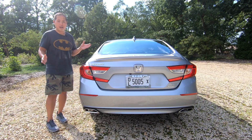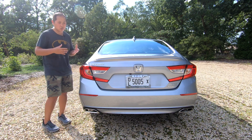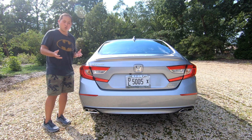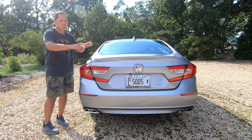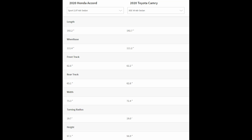The Accord's back end is more traditional and isn't nearly as sporty as the Camry. There's a lip spoiler on top, but it really isn't noticeable since it's body colored. The taillights and lower bumper look just normal and plain, and even the dual exhaust surrounds and the way they're shaped go unnoticed. As for dimensions, they're within an inch apart on everything, including length, wheelbase, front and rear track,